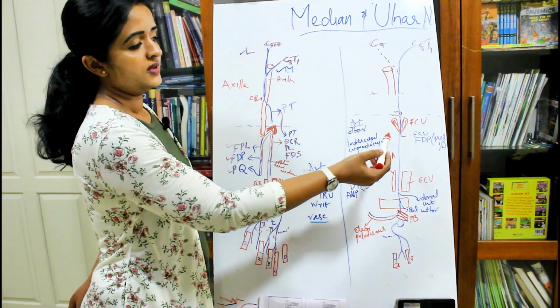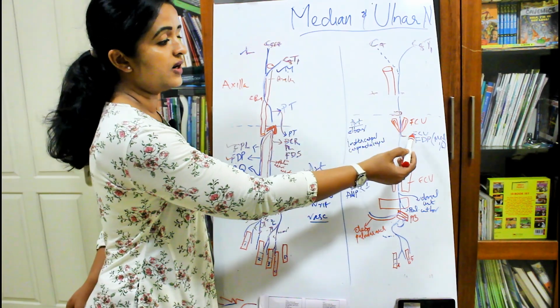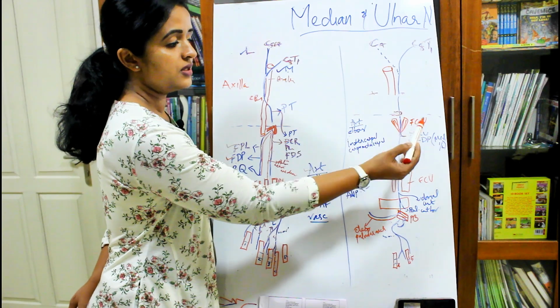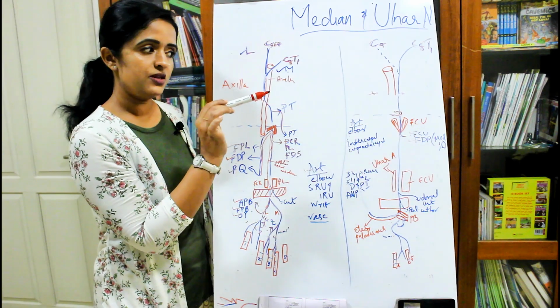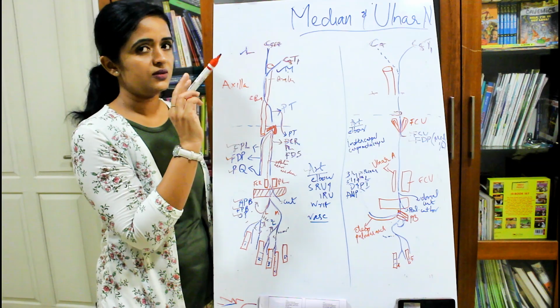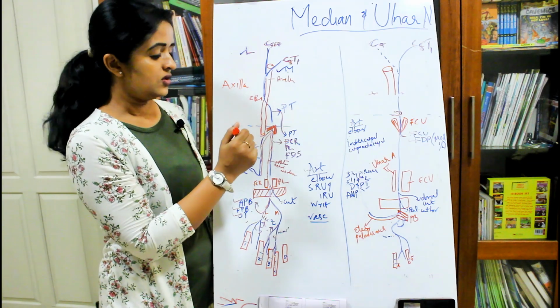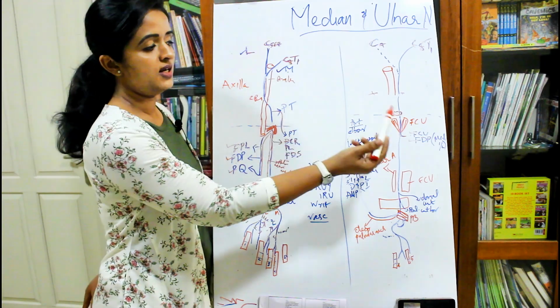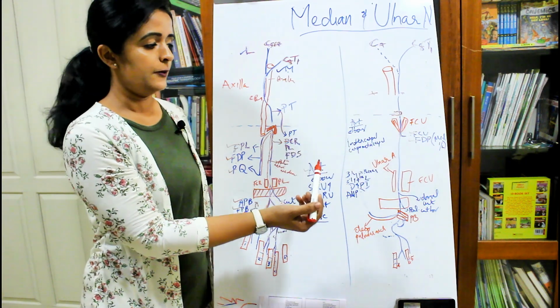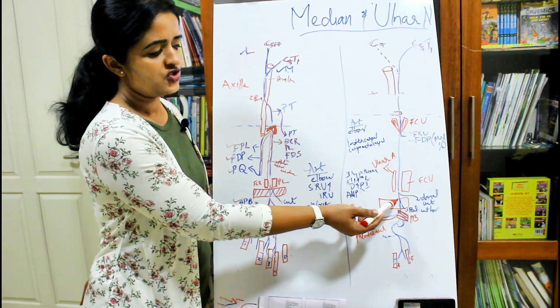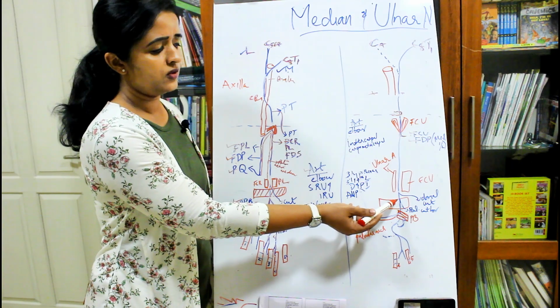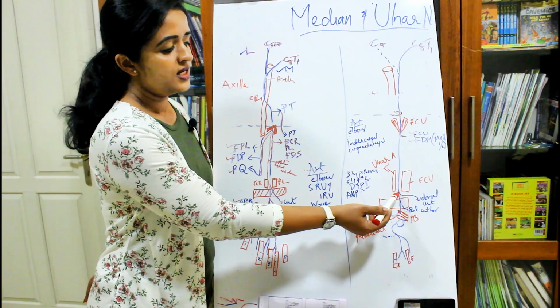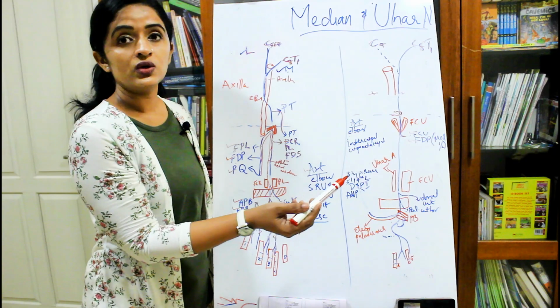In the forearm, the main branches supplied by the ulnar nerve are flexor carpi ulnaris and flexor digitorum profundus. So when we discuss flexor digitorum profundus, it is a muscle with dual nerve supply. The lateral half is supplied by the median nerve and the medial half is supplied by the ulnar nerve. Now what happens is, just before crossing over the flexor retinaculum, it is giving a branch to the dorsum of